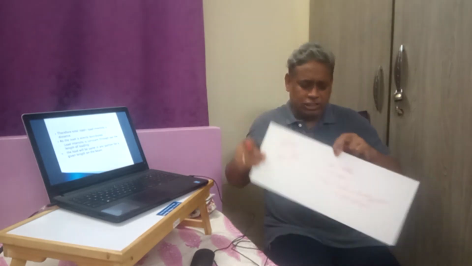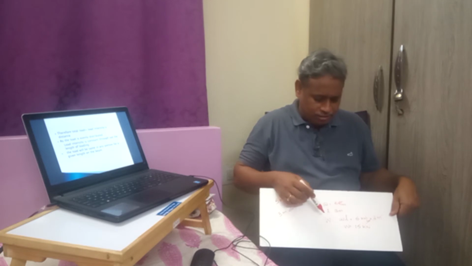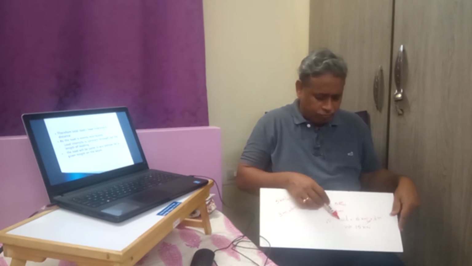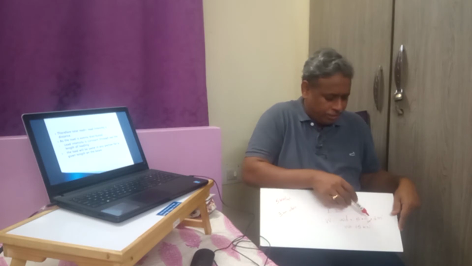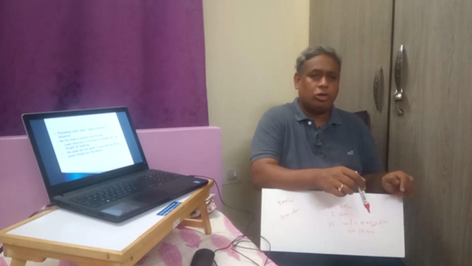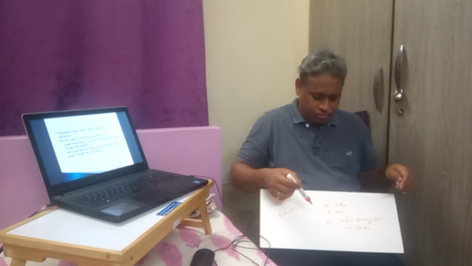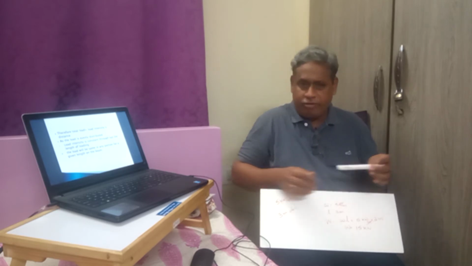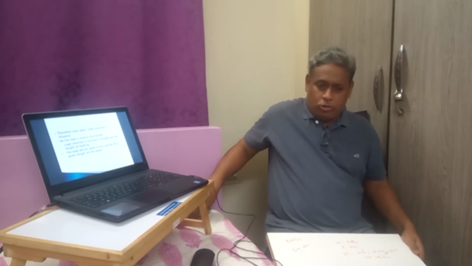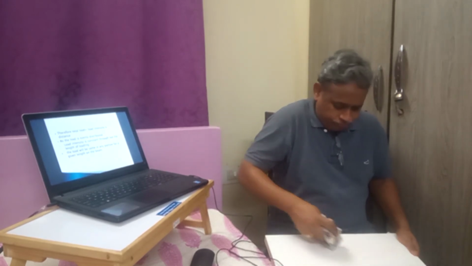So this is the illustration I am giving. Here the intensity of load is 5 kilonewtons per meter, and the length is 3 meters. Then the total load is intensity of load into length, 5 kilonewtons per meter into 3 meters. The meters cancel because one is in the denominator and the other in the numerator, and 5 into 3 gives you 15 kilonewtons. So the total load along 3 meters length will be equal to 15 kilonewtons. This is how we calculate the total load using the intensity of load.